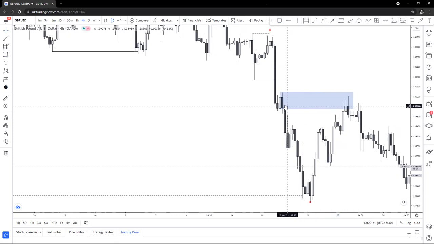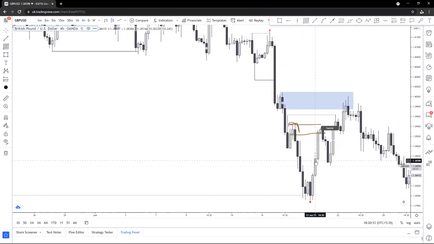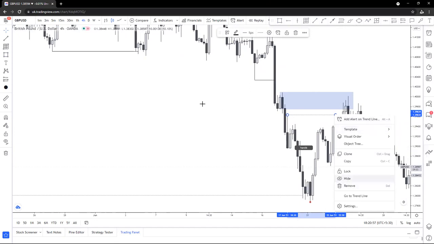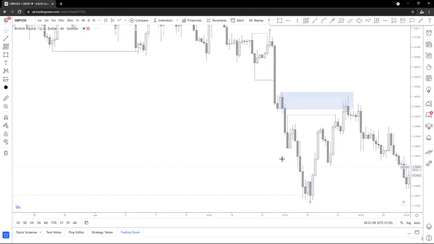Why did this play out? Because there is an inducement below this order block. We can see a reaction from this order block also because there is an inducement below it in the lower time frame. See, now you see, we have an inducement. That's why this played out, because of the inducement. And now if we go back down to the 15 minute or the 1 hour,